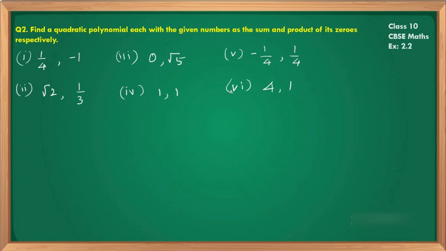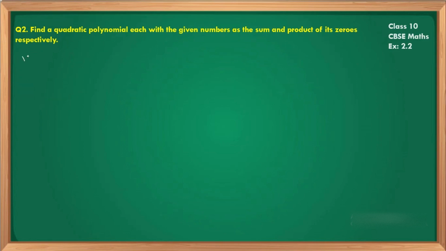In the previous cases, the equation was given, that is quadratic polynomials were given, and we were asked to find out the zeros and then verify also. But in this question, they have given us the zeros, and now they want us to find out the quadratic polynomial in each case. The first question is